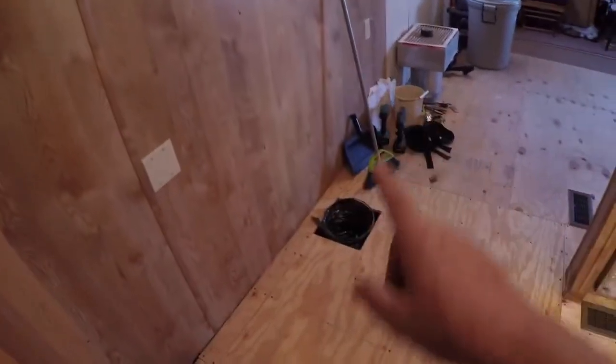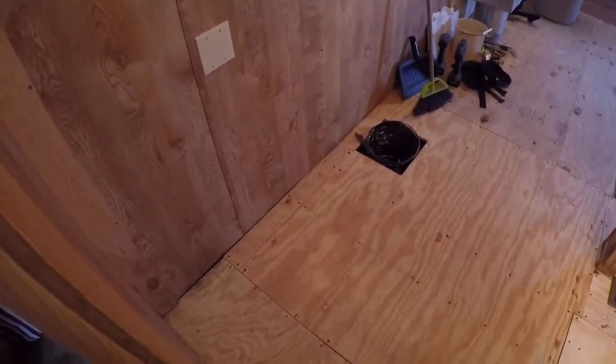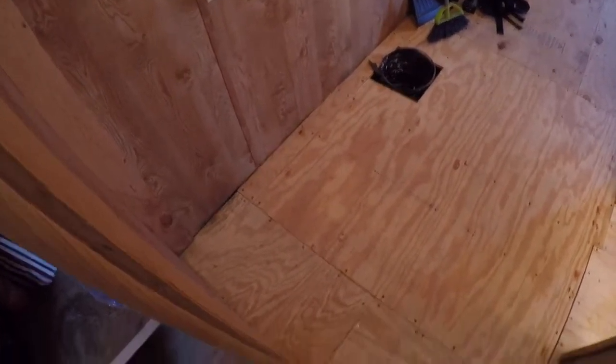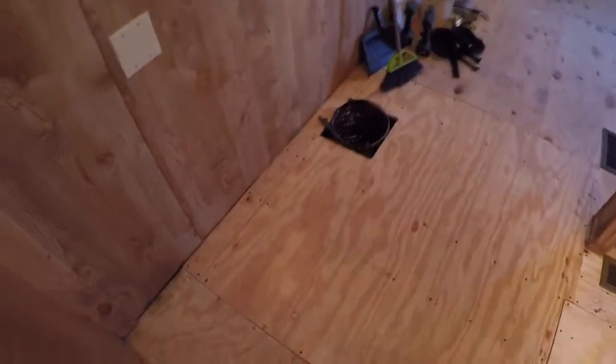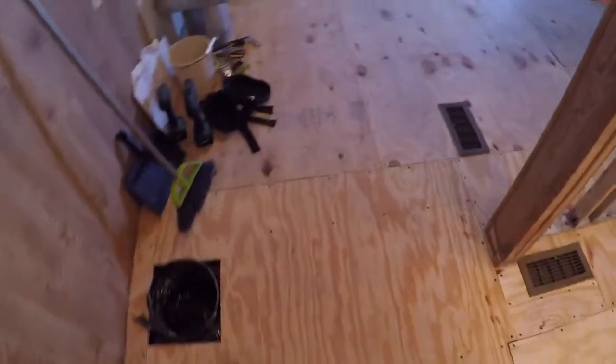The guy that started this project before we took over had torn out this whole cabinet here, which is kind of unfortunate. We would have probably tried to save it. It did make it easier to replace this piece of flooring, but we would have done it just like what we did here. Made a piece and slid it underneath the cabinet, and we would have been able to save it, but we'll have to rebuild something for that. Anyway,